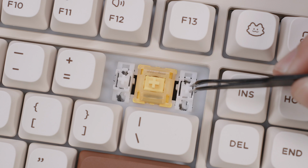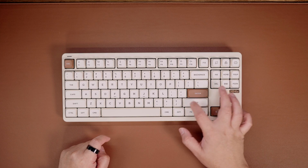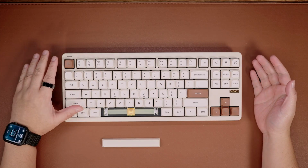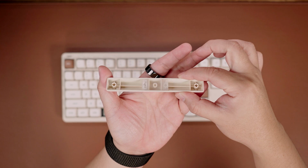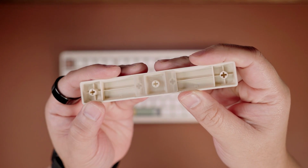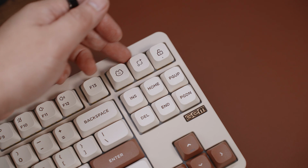By the way, the plate mount stabilizers are substantially lubed, and based on my testing and sound test, they sound and feel nice out of the box. Alright, so I've already installed the switches and keycaps, and I noticed that the Gem80 MSA spacebar features the amazing NuPhy Ghost bar, which is nice. Like I mentioned in my old videos, the NuPhy Ghost bar is the best stock spacebar that I've tried on any pre-built keyboard. The fonts of the Gem MSA keycaps are also fairly clean, with rounded edges, and have no